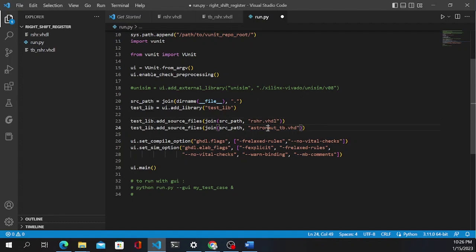We've run into some problems by this. And then you also need to compile your test bench, which is now going to be test bench right shift register, and make sure this is VHDL. So the beauty of this is that in bigger projects, you're going to have a lot of files here. You're going to have a lot of different components and so many of them here. So instead of compiling them one by one, you can simply write all of them here like this, and then you run this run.py, and it compiles everything and is able to